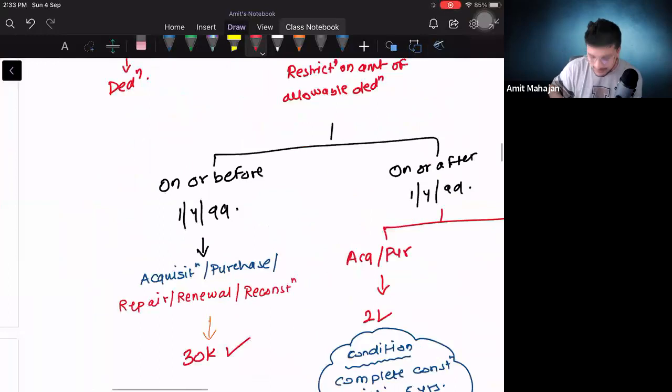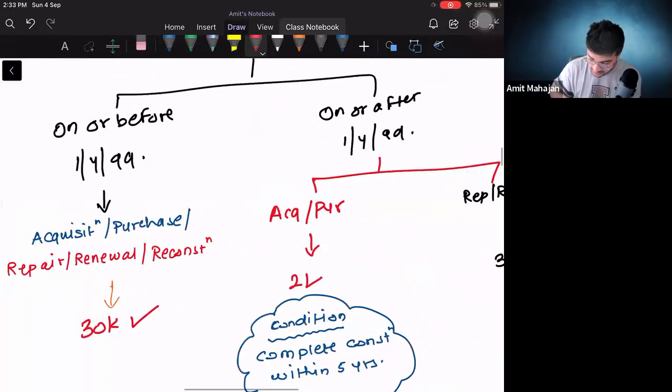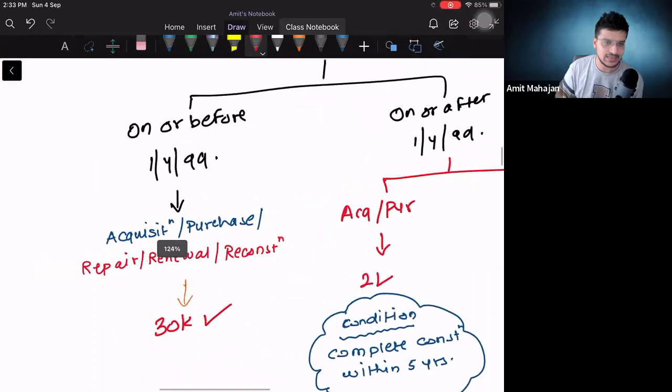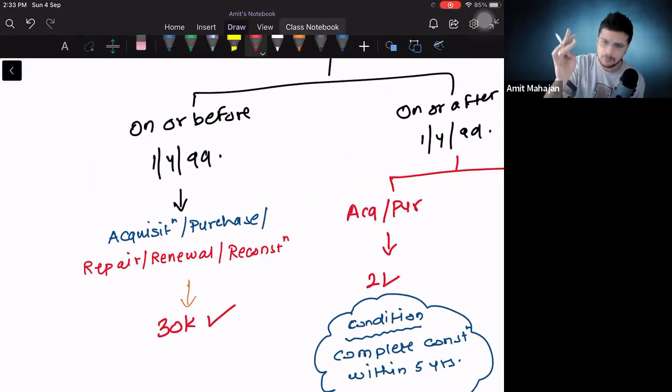Okay, अभी अभी उन्होंने वापस टाइम पास करना चालू किया, that you have taken a loan prior to 1499 or after 1499. If you have taken a loan prior to 1499, on or before 1499, for acquisition, purchase, repair, renewal, reconstruction, कुछ भी होगा, it will be restricted to 30,000. Then you will say, sir क्या बात कर रहे हो, if you have taken a loan prior to 1499, it will not be applicable for me right now because I am staying in 2022 right now।